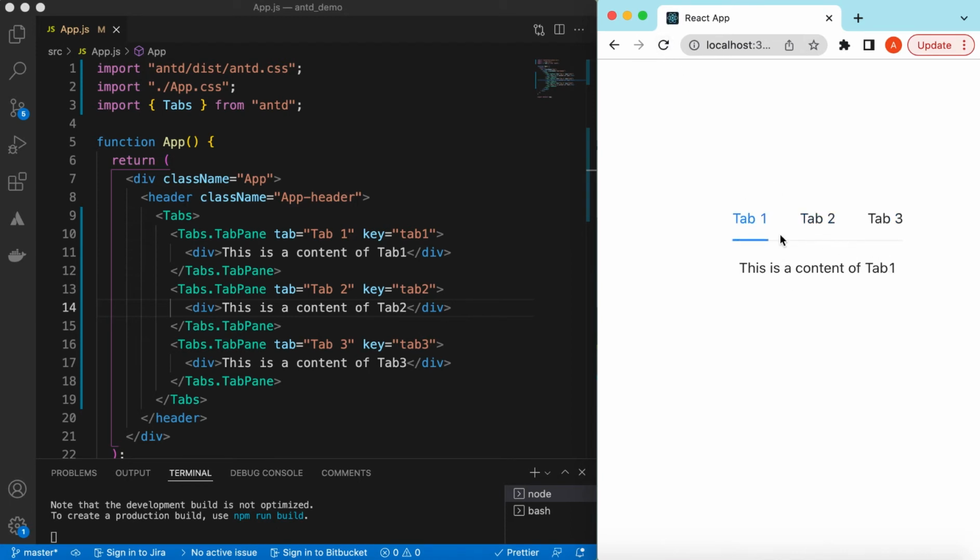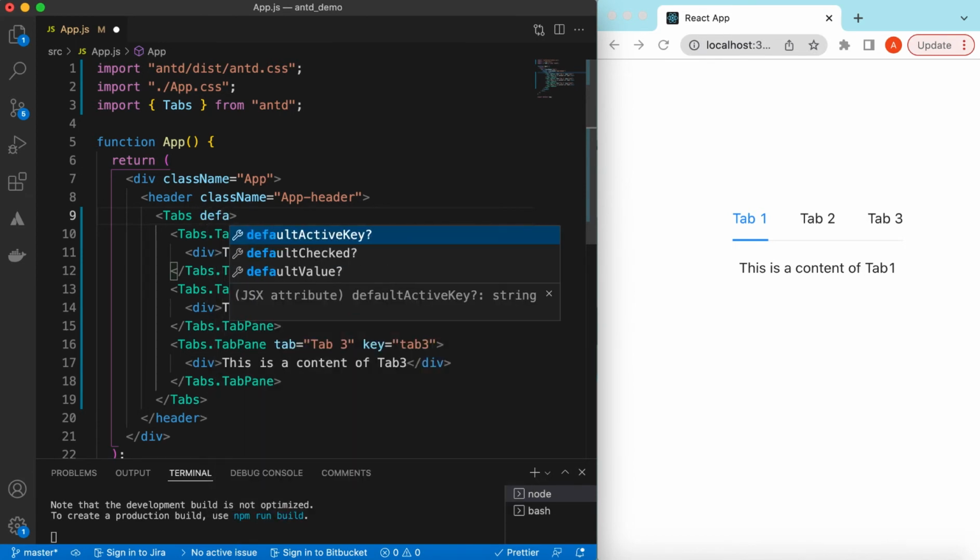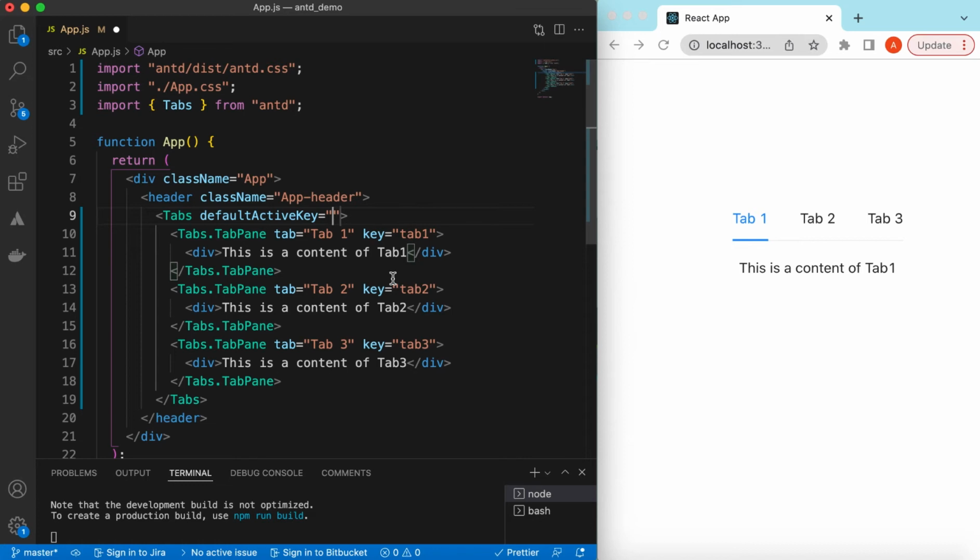So when you refresh the page, by default tab 1 is selected. If you want the tab 2 to be by default selected, you can say default active key equal to the tab 2 key. So in that case, by default tab 2 will be active, right? So let's make the tab 1 active by default. Okay,